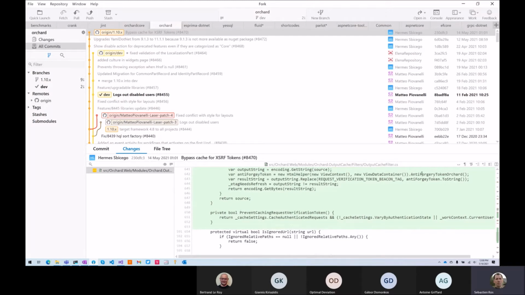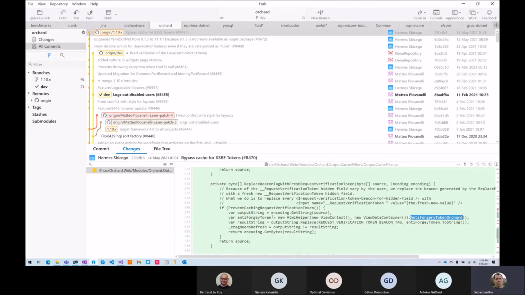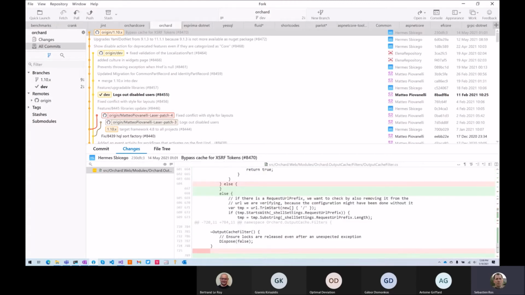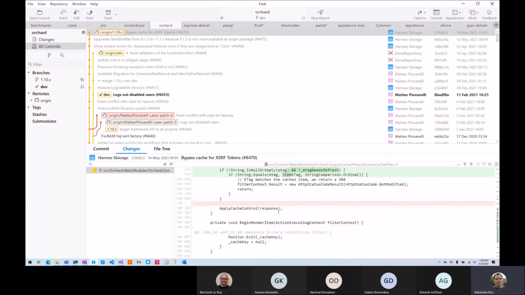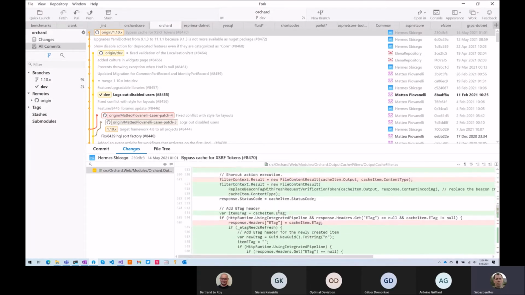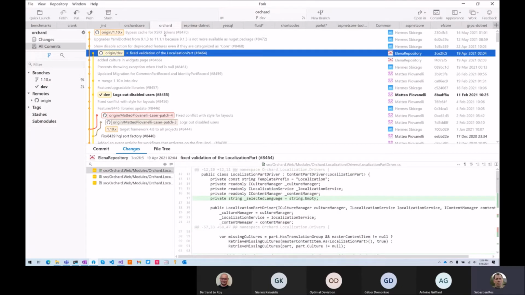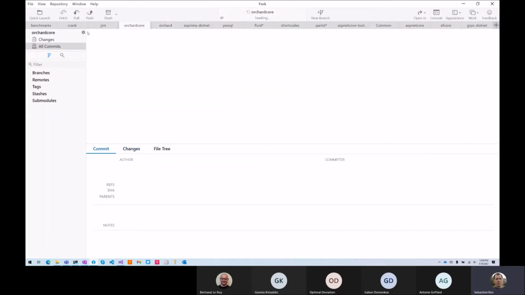And the new token means the token for this page and this user, because the cookie will also be sent with the same value. This way, even pages with forms can be cached, but this is only for authenticated users, when the feature is enabled. It's a very special feature. So that's what's new in Orchard 1.